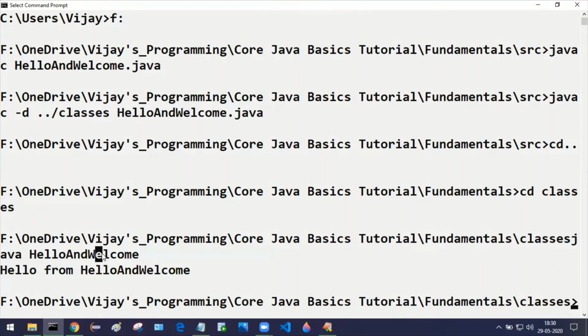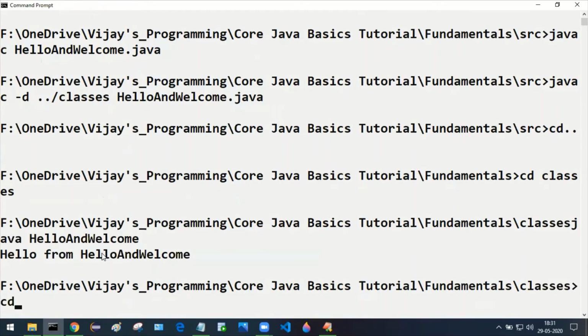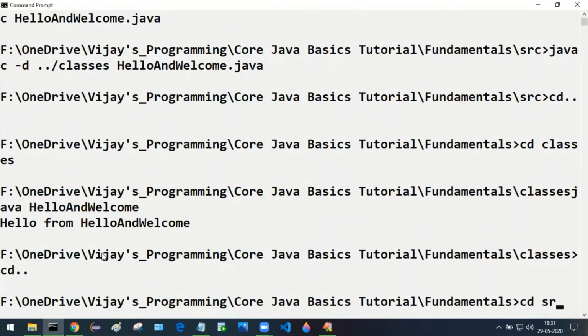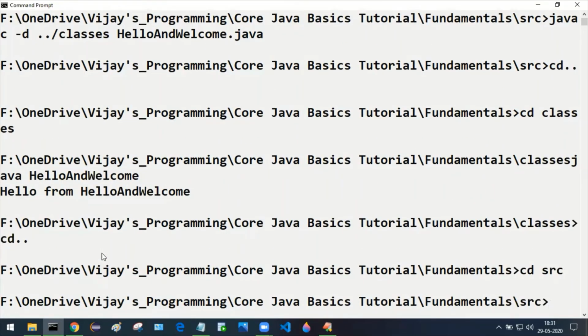So how can we run the Java program or our generated class right from the src itself? That is where our -cp option comes to the rescue. Let me direct the location to the src itself, cd double dot and cd src. It looks like the command prompt is full of content, so let me clear it by using the cls command.